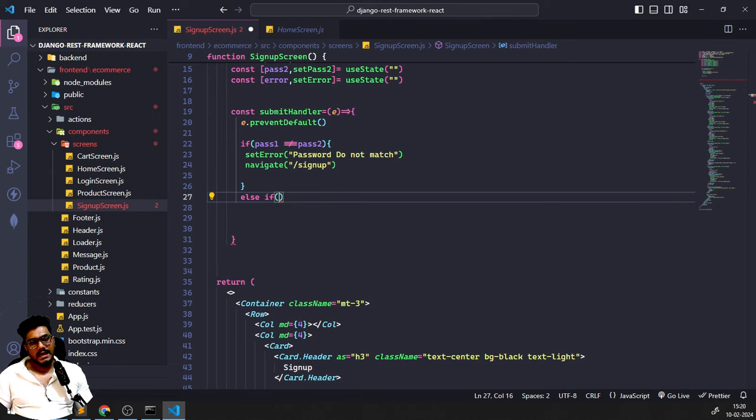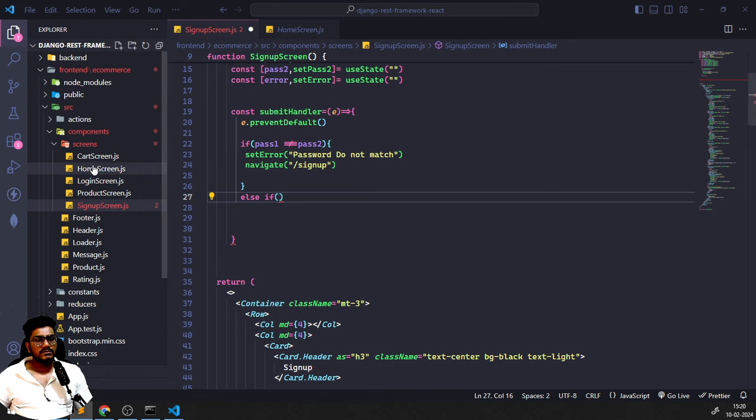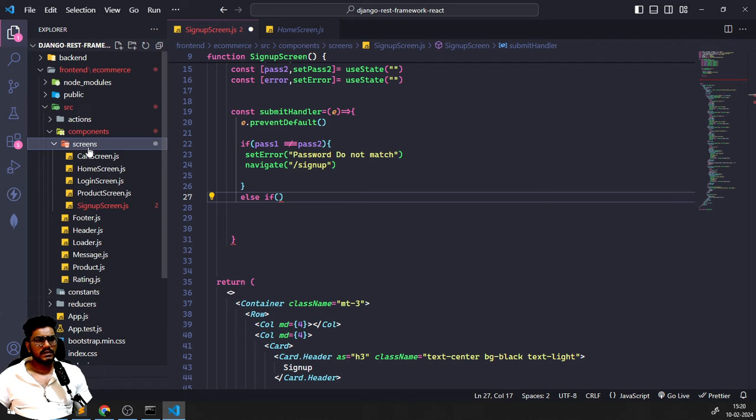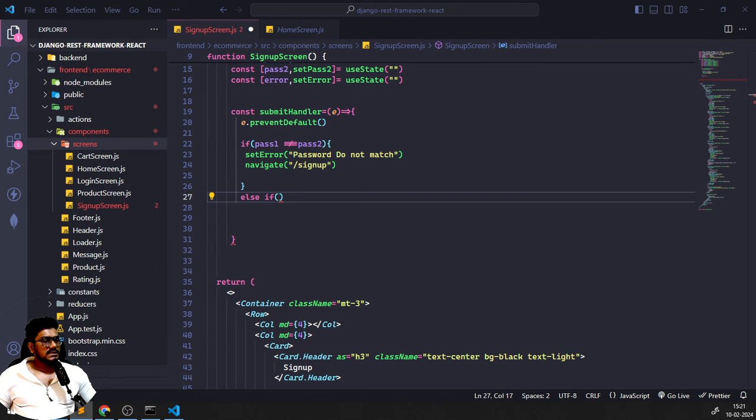Basically I'm going to make use of another thing. I'm going to remove this for now and create one new screen. What is that screen going to do? That screen is going to check the validation, that is the regex part. So what is the regex going to check? It is going to check whether the email is in the correct format,